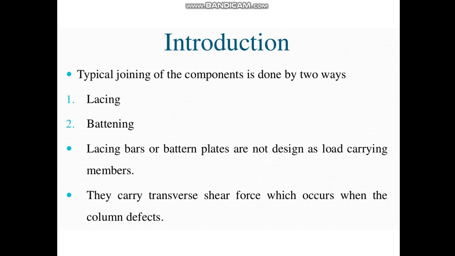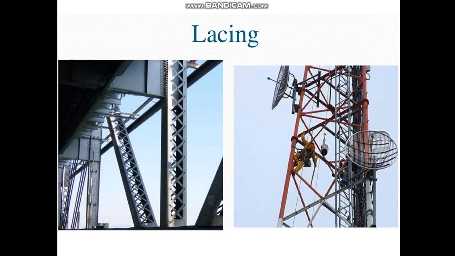These built-up columns are usually made up of two or more individual sections such as angles, channels or I sections, which are properly connected along their length by lacings or battening so that they act together as a single unit. Further, when lacings are provided with battens, the shear component of axial load tends to expand the column laterally. It is to be taken care of always in the design of the laced or battened systems.